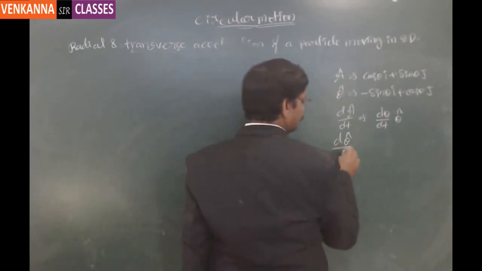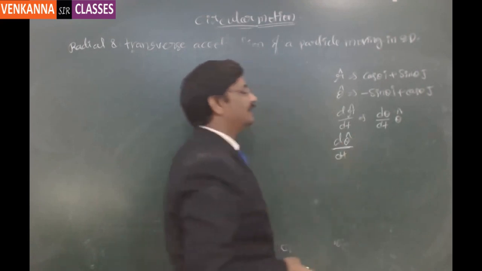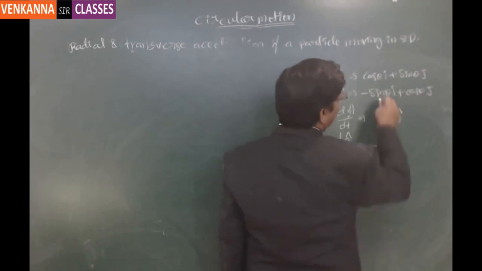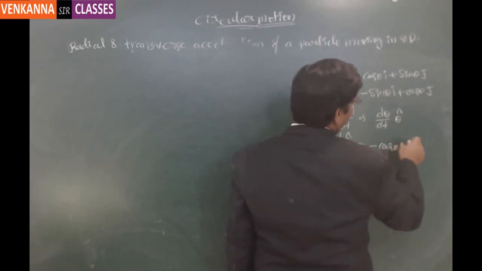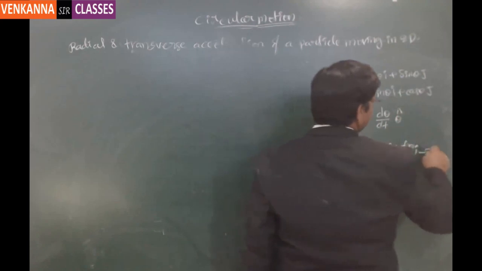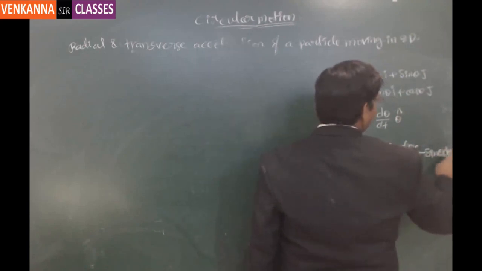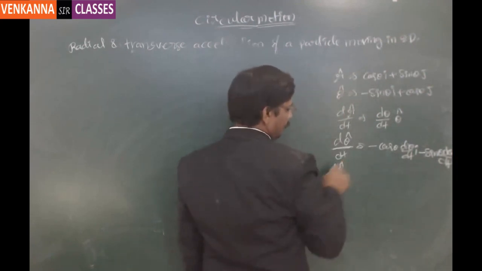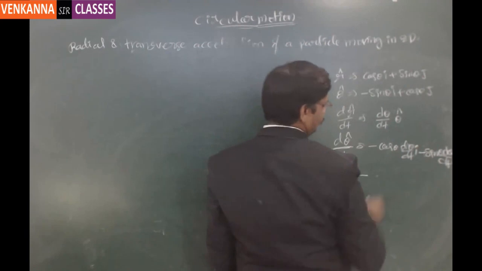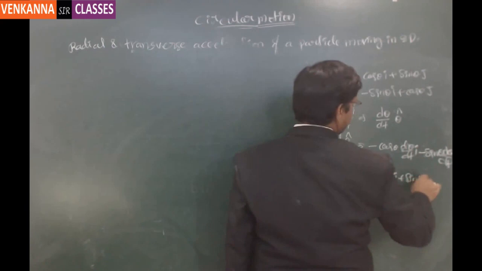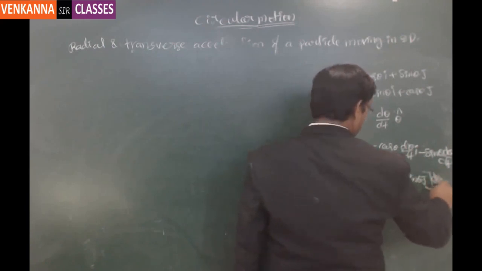Hence, as an upfront advantage, I am calculating d theta cap by dt. So this is minus derivative of sin theta, which is cos theta, into i into d theta by dt, plus derivative of cos theta, which is minus sin theta, into d theta by dt into j. So d theta cap by dt is